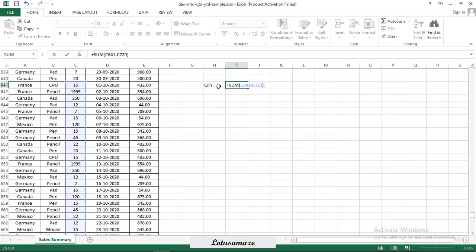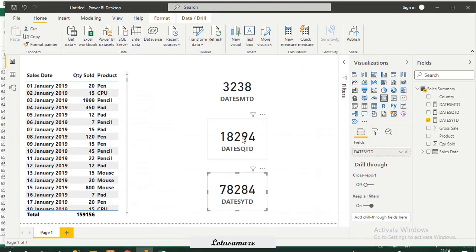The figure is 18294. We check. This is the figure for the quarter, 18294. Quarter to date.